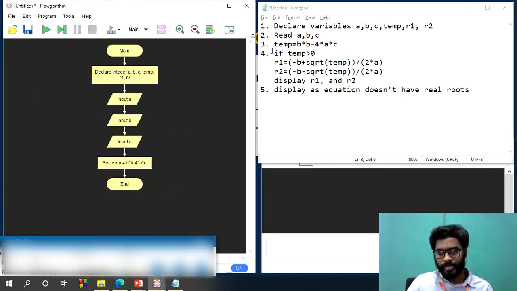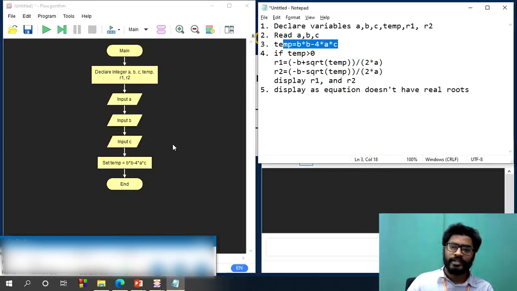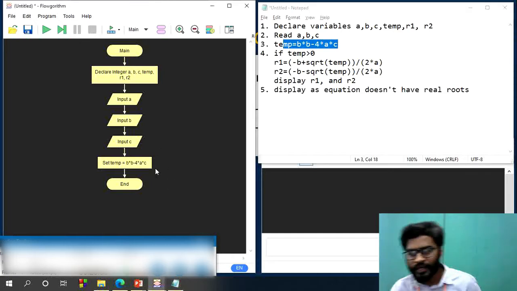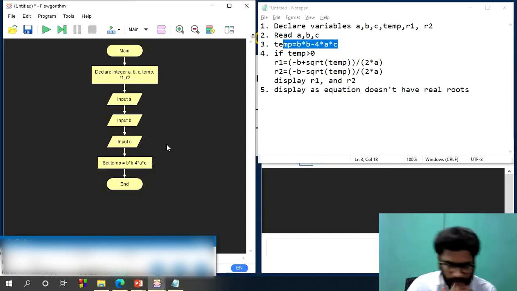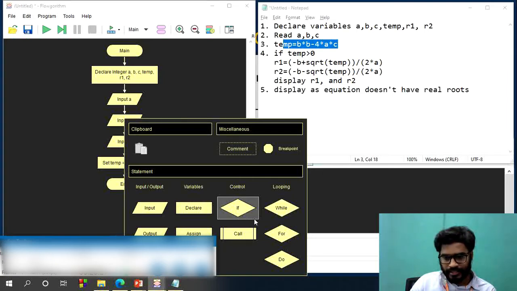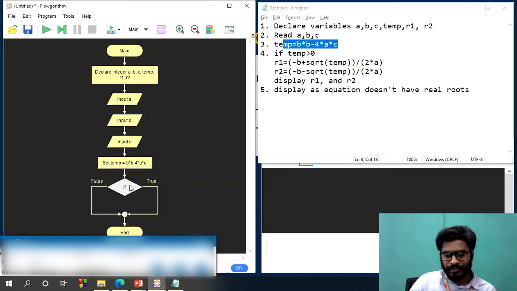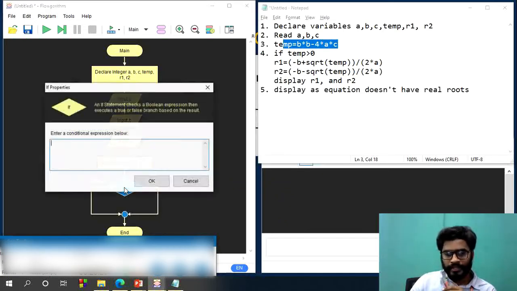After finding the value of b square minus 4ac, check whether it is a positive value or negative value. To check this, you need decision making statements, selection statements. Just give a left click here, insert select statement. Here based on the condition, you have to take the decision. Here the condition is if temp is greater than 0,